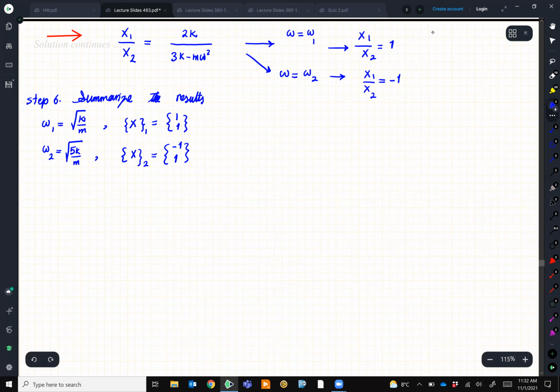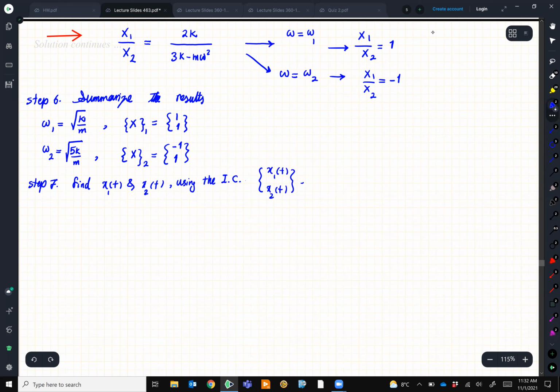So nothing special so far. Now step number 7. We need to find the motion, right? Find x1(t) and x2(t) using the initial conditions. So I need to write down the equation that I had. Let me write it down again here. We had x1(t), x2(t)